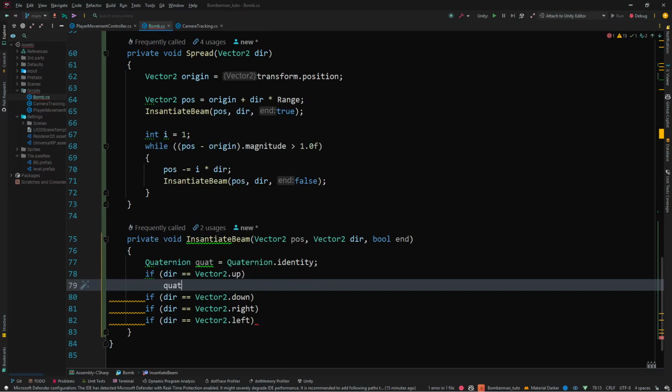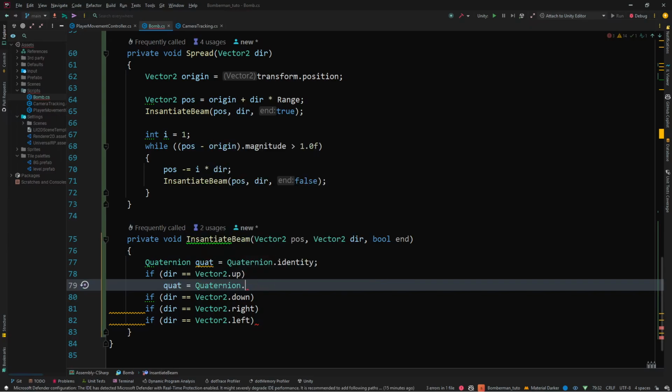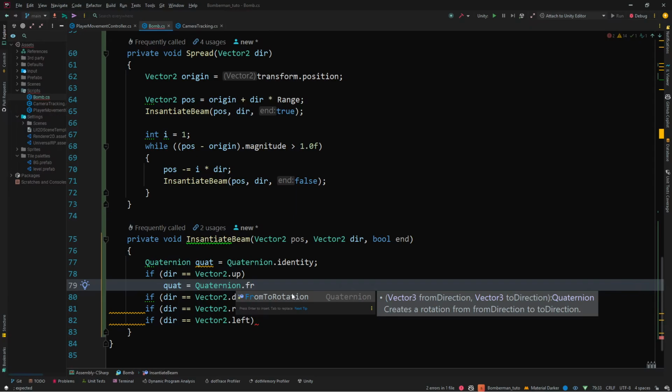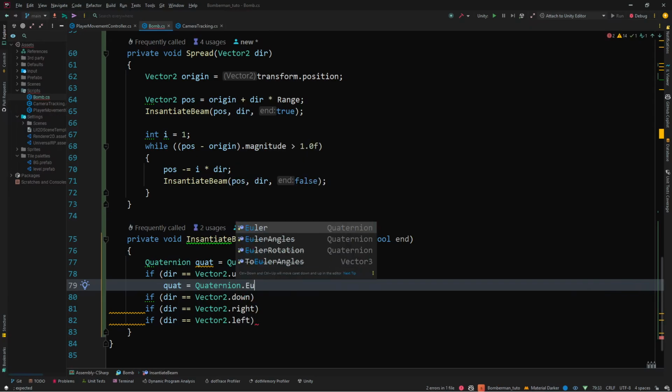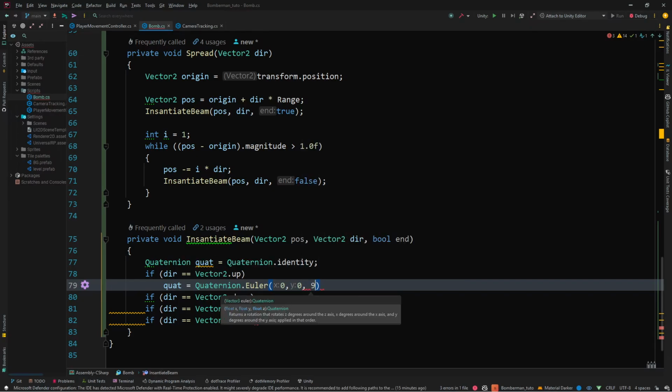This will make the quaternion equals Quaternion.Euler. In the new version it's Euler, and for all the versions of Unity, I think it was Euler angles. So keep that in mind, and we are going to rotate it by minus 90 degrees